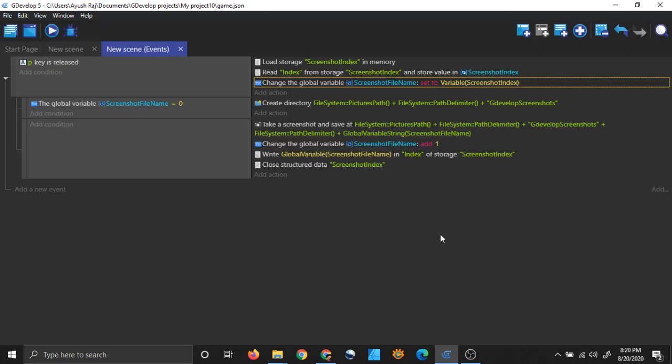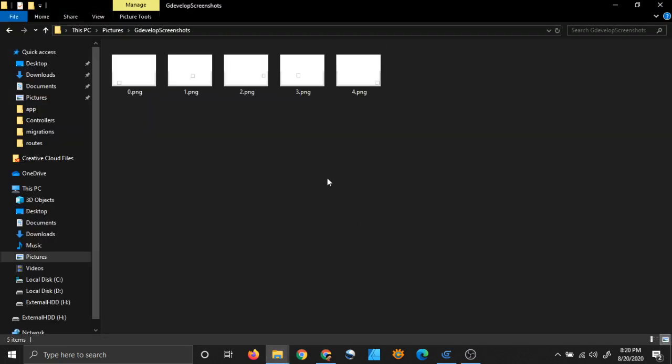That data which I am loading from the memory is nothing but a number. You can see here in my screenshots this number 0, 1, 2, 3, 4. I am simply storing this number in my storage, in my computer.